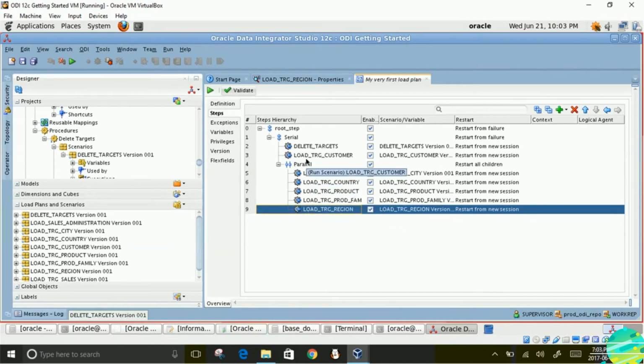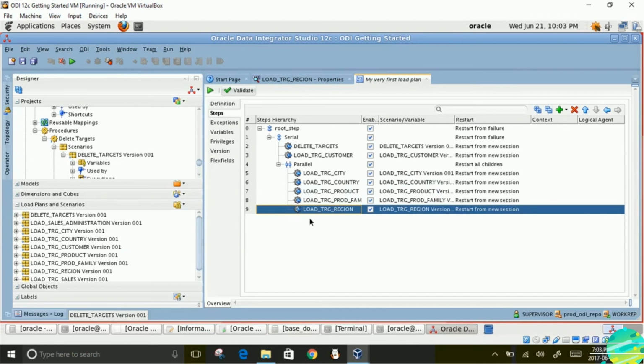It's time to think about transaction tables now. The master tables, customer, city, country, product family, region. These tables will be populated by these steps in the load plan.